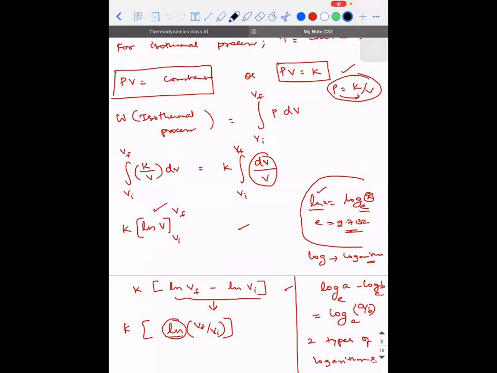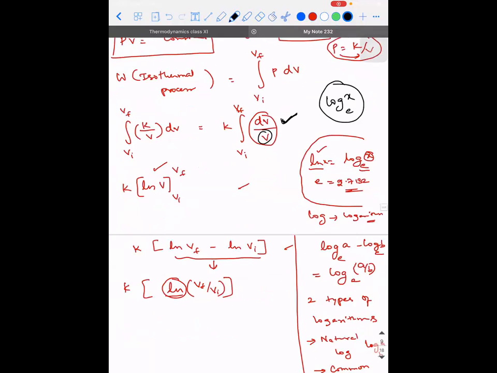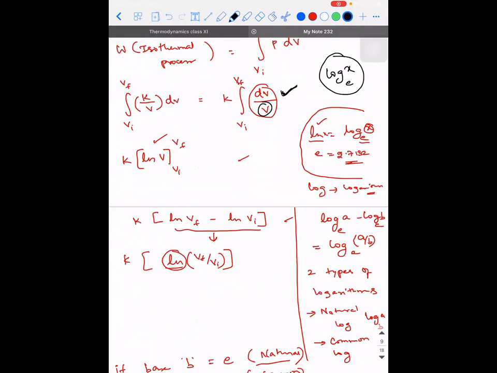So you integrate something and you get the output as log. In mathematics, the log that you get is always natural log, which means it will always be log of something base e only. Here I integrated 1/V, that is why I got ln V. Is that point registered in your mind? So from there, I hope this point is clear. That is ln Vf minus ln Vi, that is upper limit minus lower limit.